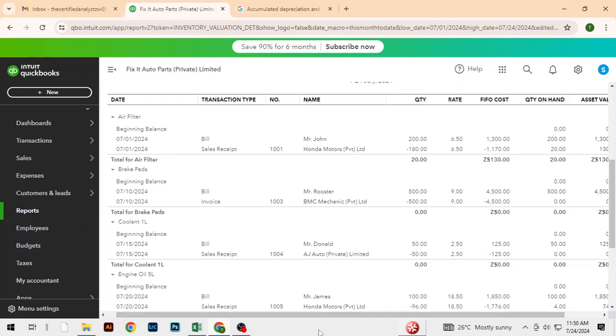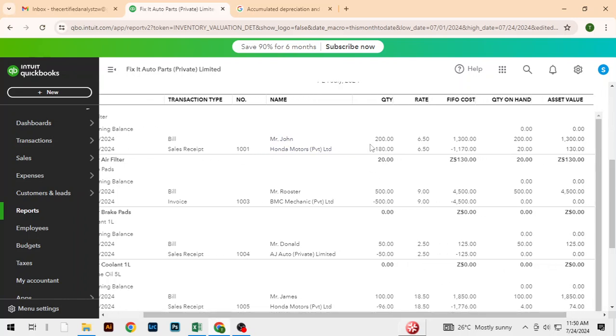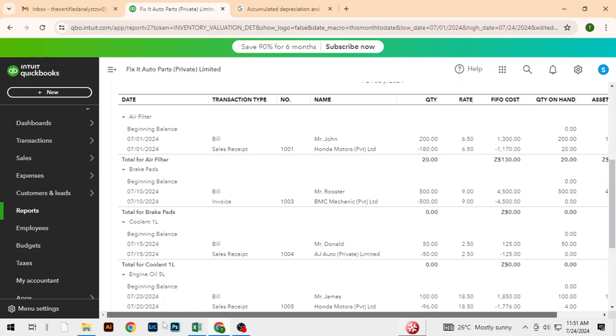As you can see, on a particular date, we bought something from Mr. John for Honda Motors. Right, we bought something from Mr. John and we sold it to Honda Motors. So we bought 200 air filters, we sold 180, something like this, which is fantastic, which is great. So let's proceed again and look at